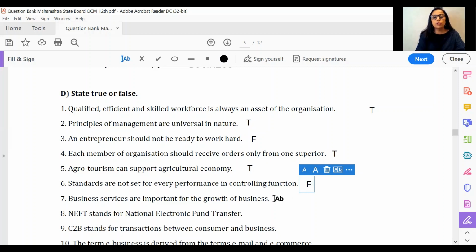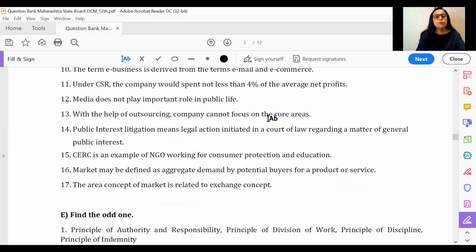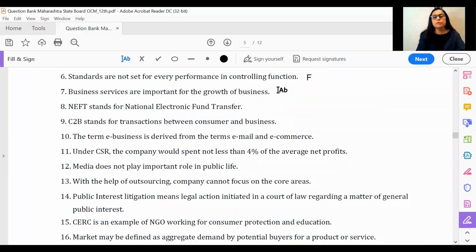Business services are important for growth. Definitely is a true statement there. If you will see here, NEFT stands for National Electronic Fund Transfer, chapter of banking. C2B stands for transaction between consumers and business. C2B again is a correct statement. If you'll see, the term e-business is derived from email and e-commerce. Yet another objective, if you will see,